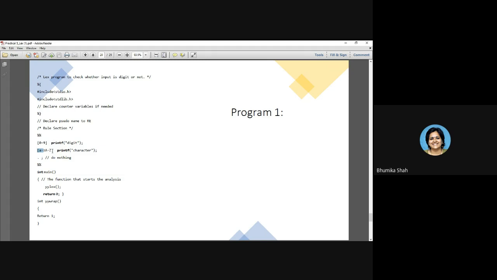Suppose you want a character. A character can be a single character, can be a small case letter also, or a capital case letter also. So the RE for that will be a to z, capital A to Z. Please don't have a space between them, otherwise it will satisfy space also as a character. So write a to z, capital A to Z in square brackets, then space, printf character. Now suppose a character that you have entered is neither a digit nor a character, then what should be done?